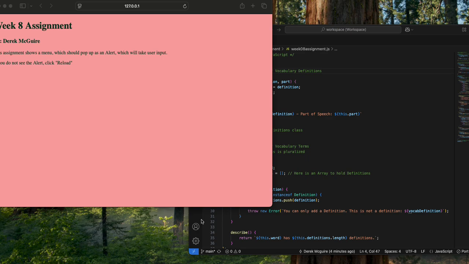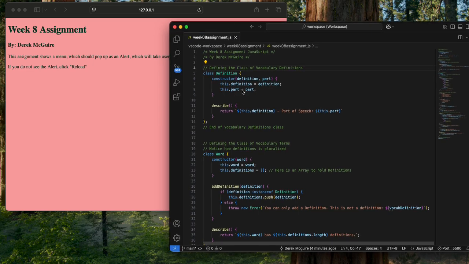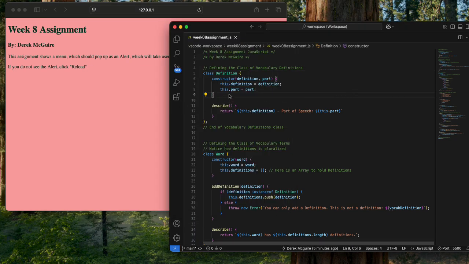This week we had to build a menu application and have one array, two classes, and have a menu that creates, views, and deletes items. So, getting into it, this is the JavaScript file that I have. I have an HTML file in the same workspace, essentially the same folder, which has the JavaScript code to run it. I wanted to focus on the JavaScript code itself here,